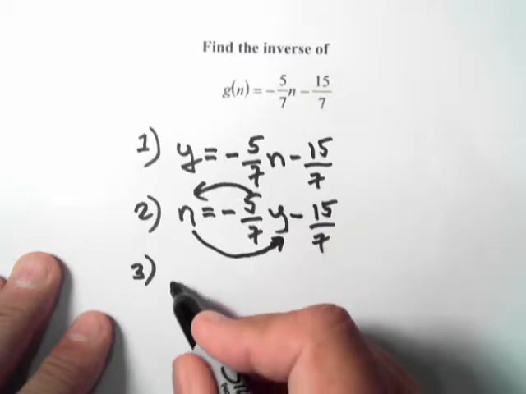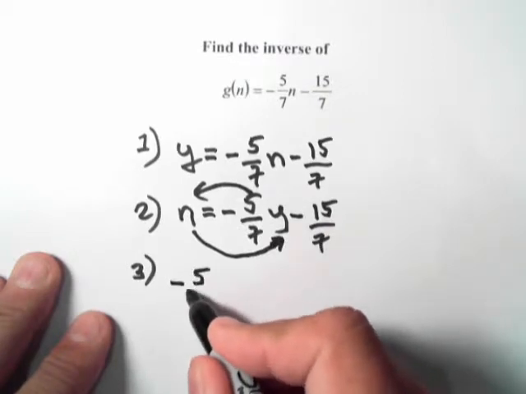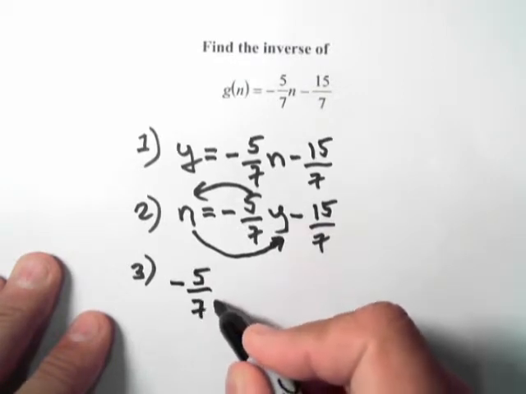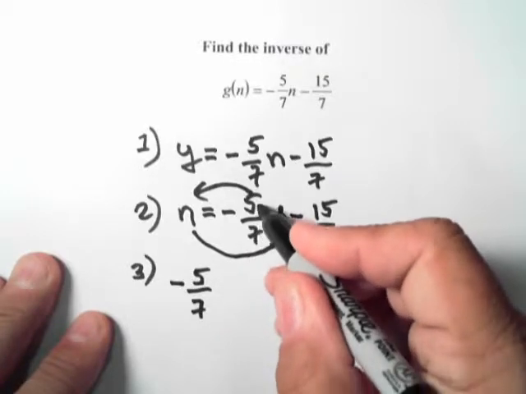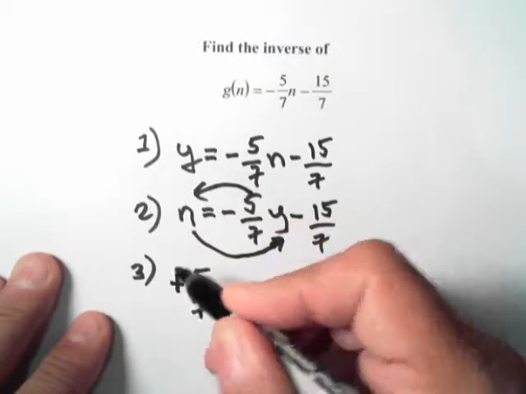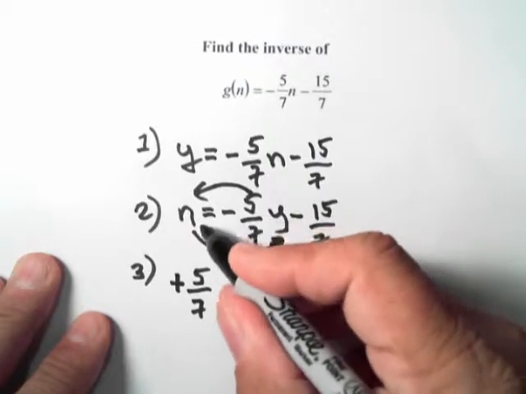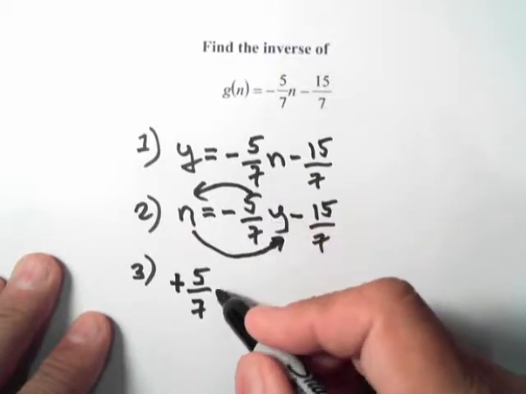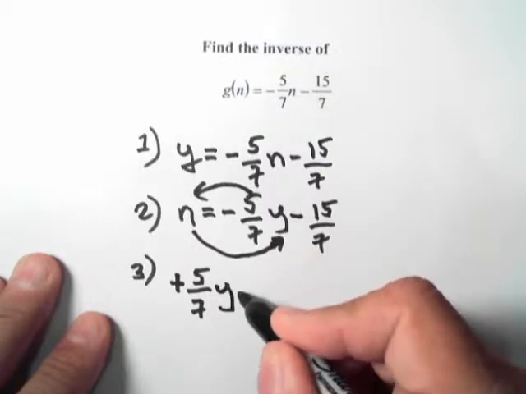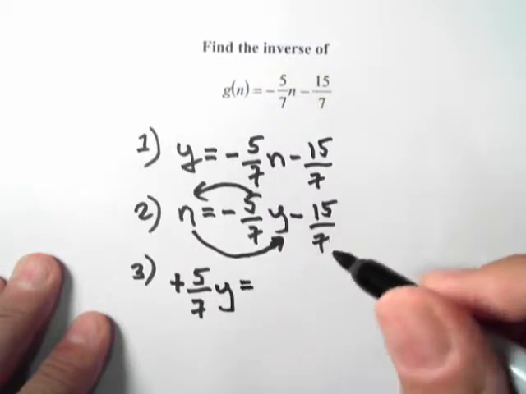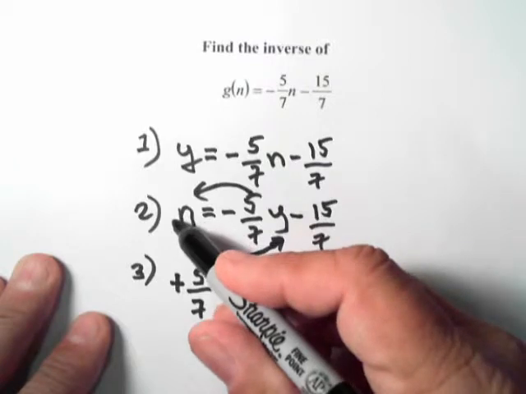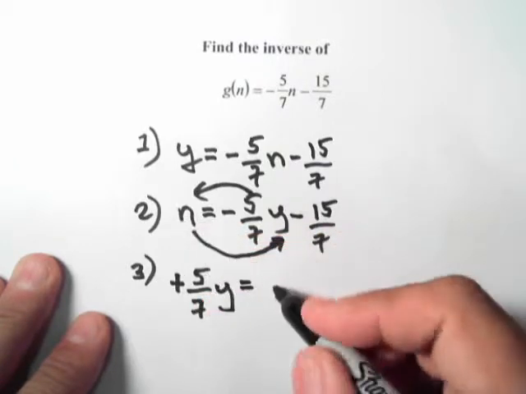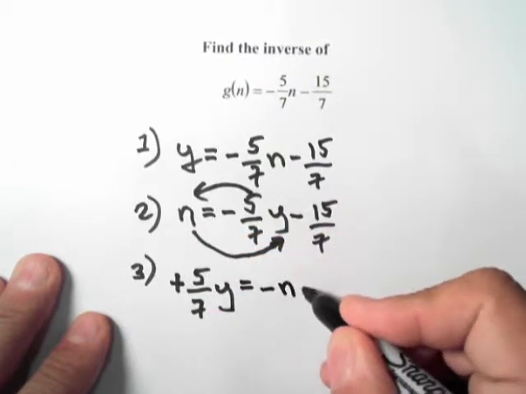So here we are. I've got negative 5/7. Actually, when it goes over here, it goes over as positive 5/7. Remember, the sign changes when you jump it across the equal sign. So plus 5/7 y equals,